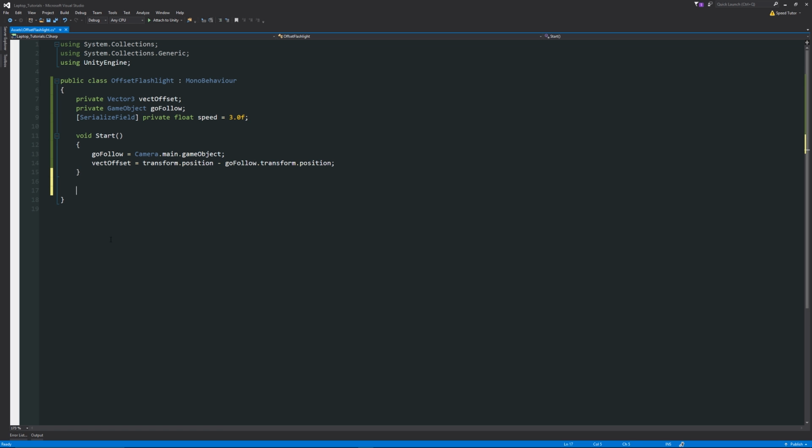So that's all well and good for the things that we need to store. We need to say now void Update, because we're going to update our flashlight in real time, so it actually does the offset movement. So then we need to say transform dot position equals goFollow dot transform dot position plus the vectOffset with a semicolon. So it's just going to transform the position of the flashlight that we've got, or the light that we've got in our scene, based on the position of the camera at any one time plus the offset